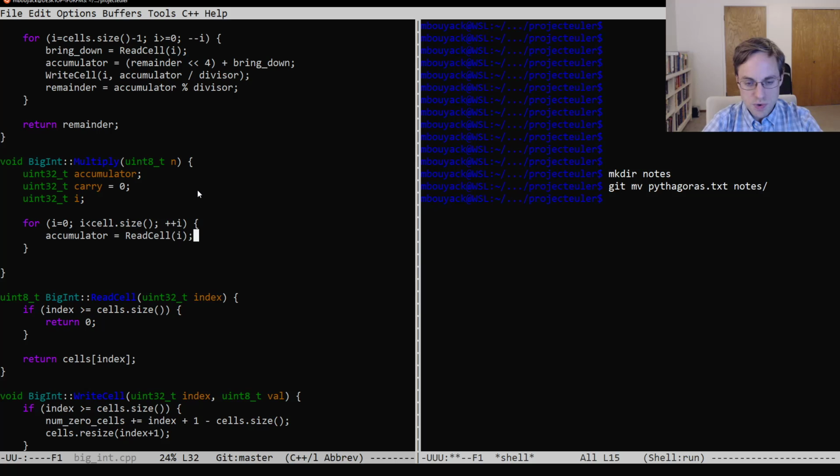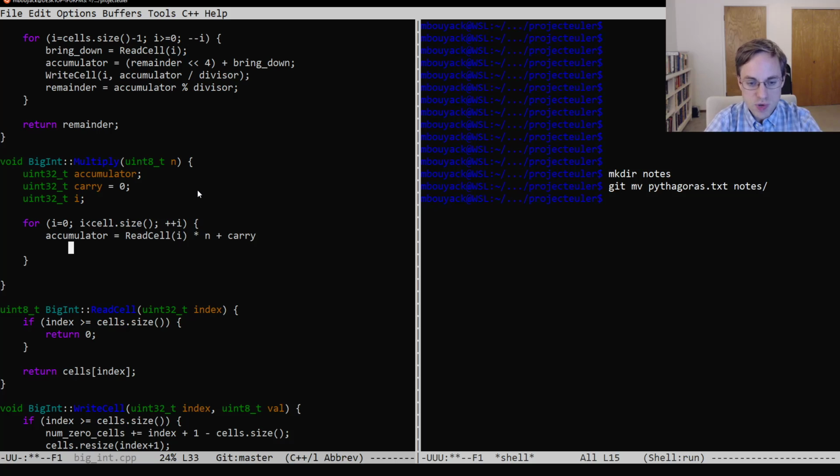And then we're going to multiply that by our argument n and add our carry. So that's, we've done our multiply and add. Now we need to do our carry step. That is extracting the new carry digit from our accumulator. So we'll say carry is equal to accumulator